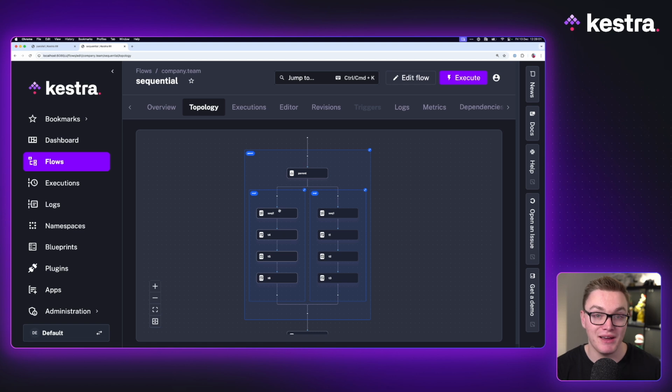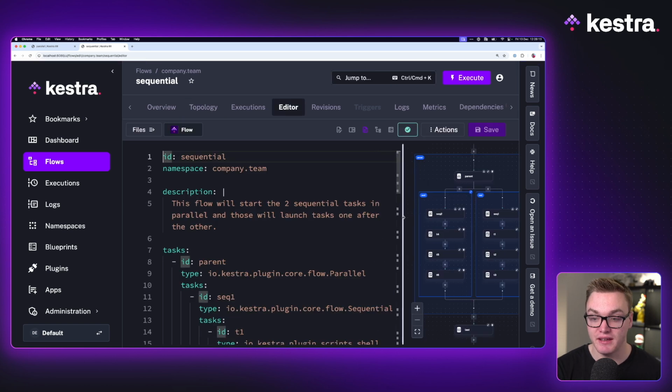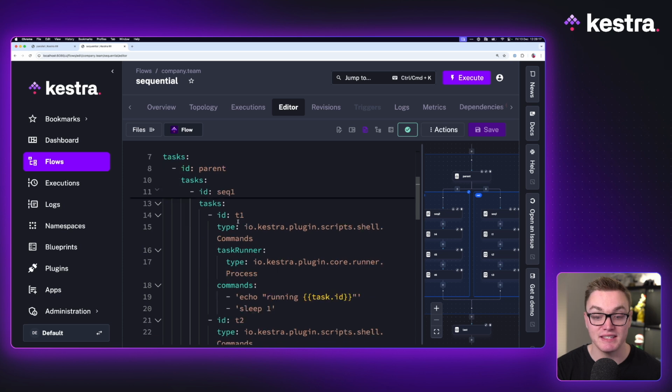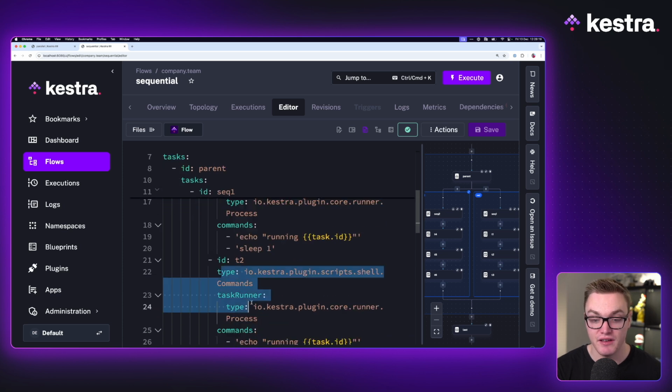You can then put that all together inside of your sequential block and then run multiple of those sequential blocks in parallel to then make sure that you can get exactly what you're after. So if I press edit, and I'll just make that a little bit bigger, you'll see that we've got the sequential block here, and then inside of that we've got the first task, the second task,